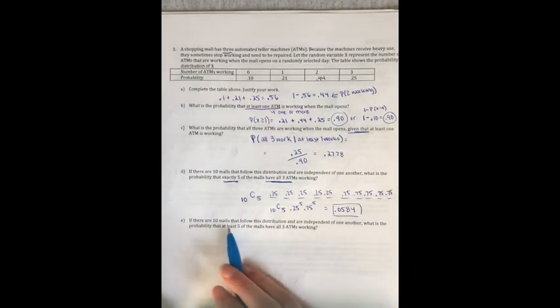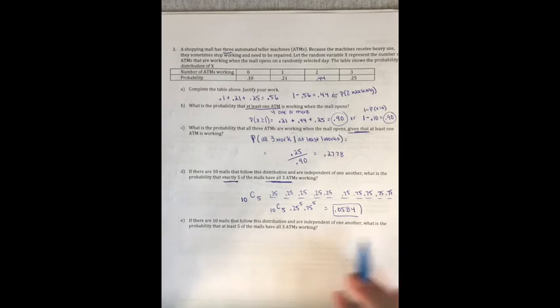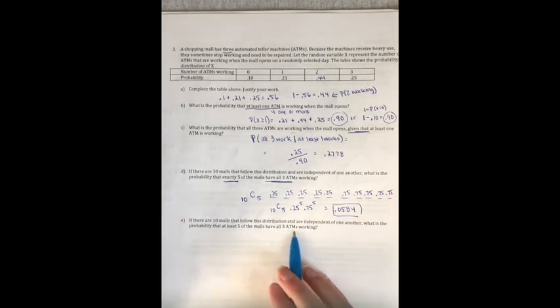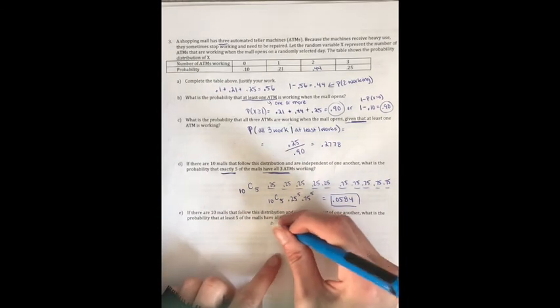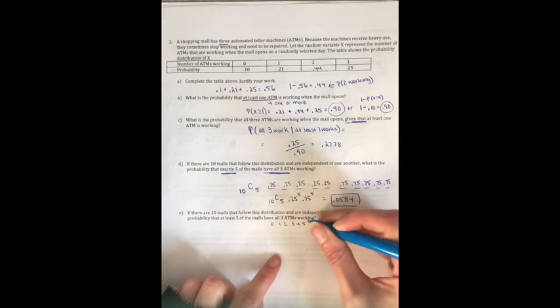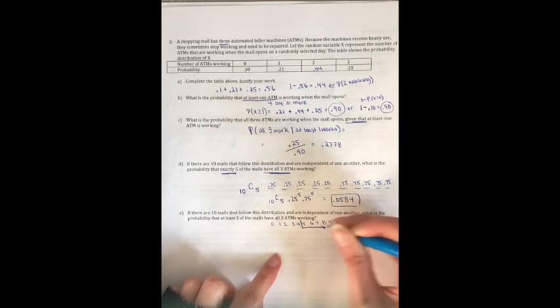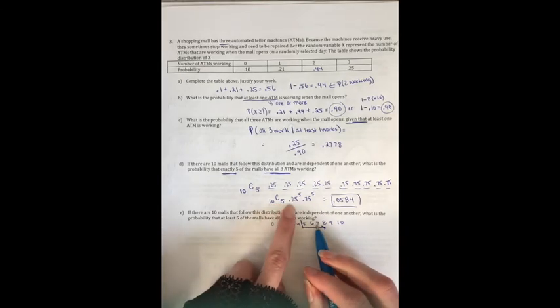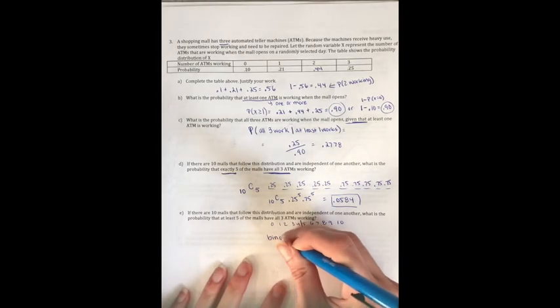If there are 10 malls that follow this distribution and are independent of one another, what is the probability that at least 5 of the malls have all 3 ATMs working? So now I want at least 5, so 5 or more. So I don't want exactly 5. I want this, or with 6, or 7, or 8. So I want to accumulate